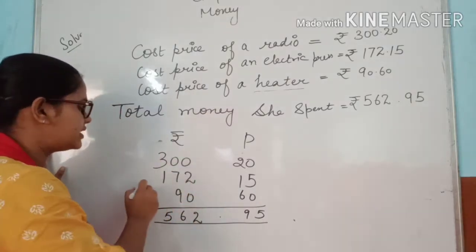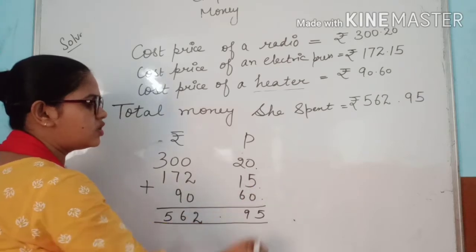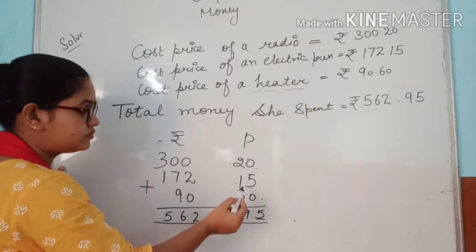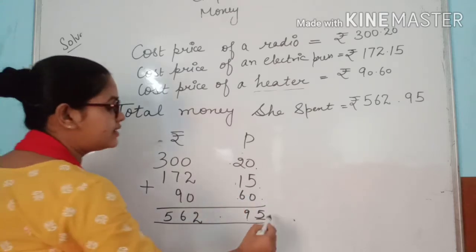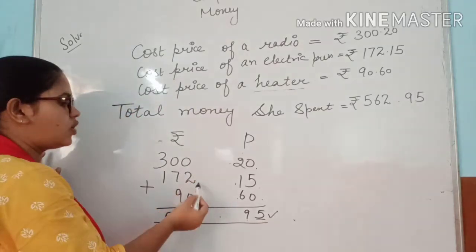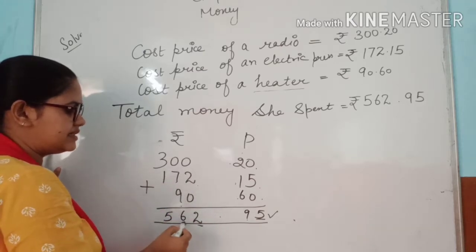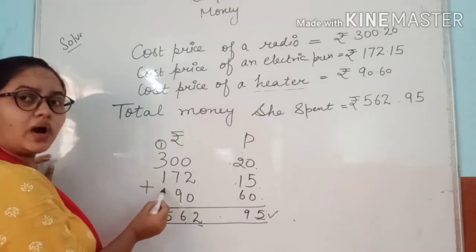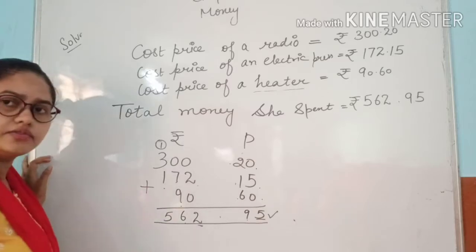When we add all the things, okay, I am going to add all the things. 0, 5, 0, when we add, there will be 5, 2, 1, 3, okay, 3 and 6, 9. So we know that 95 paise is here. Now come to the rupee section. Here is 0 and 2. 2 will be here. 0, 7, 9. 7 and 9, 16. 1 carry to 3. 3, 1. 3 and 1, 4 and 1, 5.